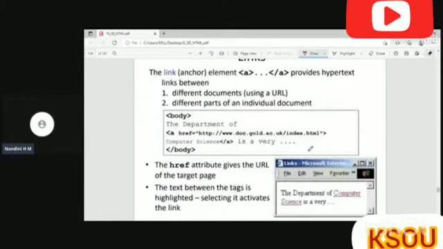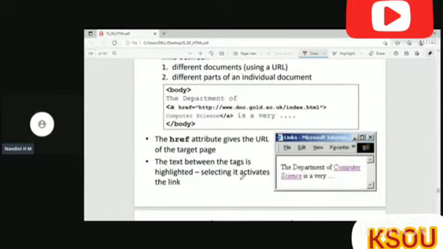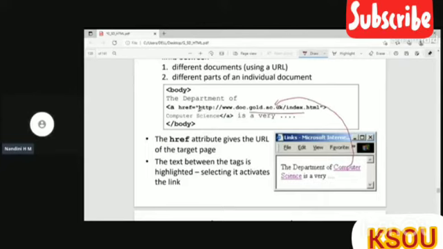This is an example where you can see I have created a hyperlink here. So when I click computer science in this particular web page, it will take me to this URL. I have given a particular URL address, right? So whenever I click here, it will take me to this web page.